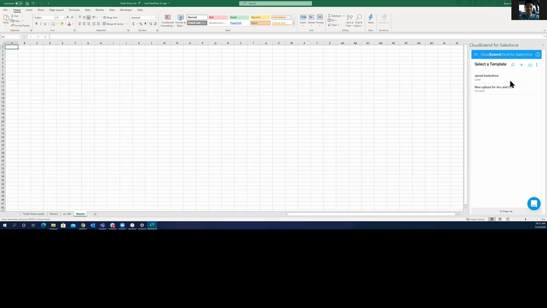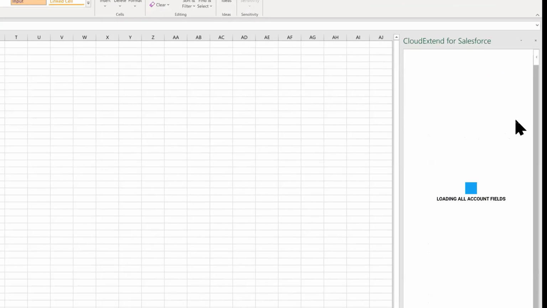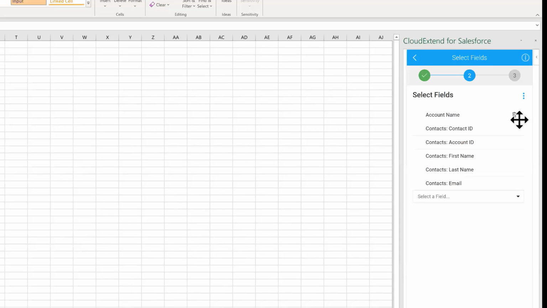pre-created a template for the account and contacts when it comes to uploading both of those records at the same time. But I just want to give you an overview as to what fields I've added into that template. I'm just going to click on Edit. And one thing to note here is the key tip when it comes to working with related records. You do want to build a template based off of the parent record,